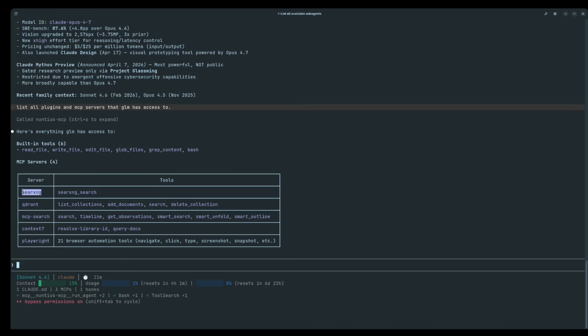This is a private web search engine, and it uses Yahoo, Google, it uses any of them that you enable. So there's a whole list that you can enable, MSN, all the stuff, and then it anonymously looks up stuff. And then my tried and true Qdrant. So see now, I said what GLM has access to, and see it could list collections, add documents, search, delete collections. So basically, it has all control over that.